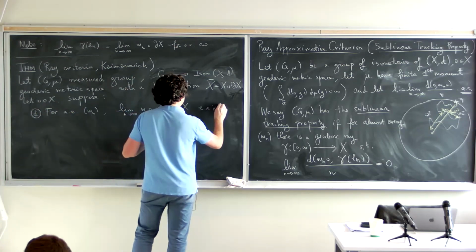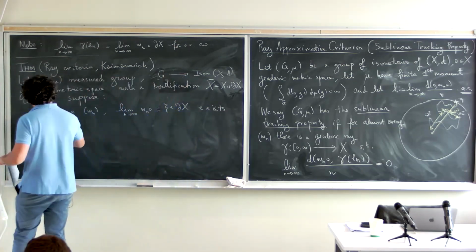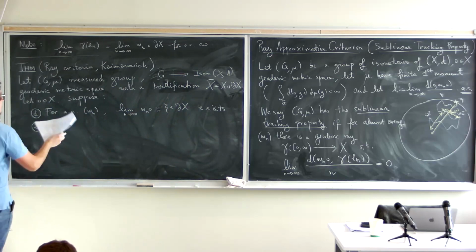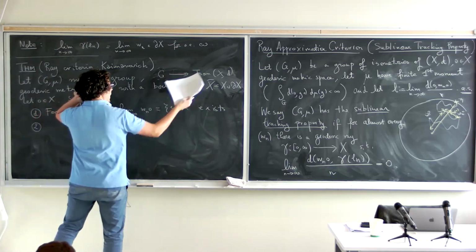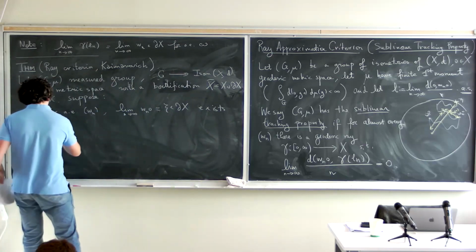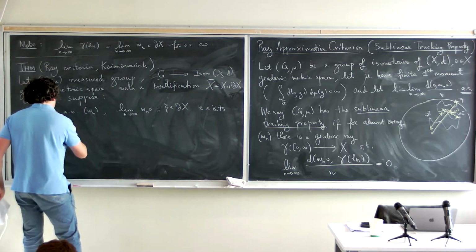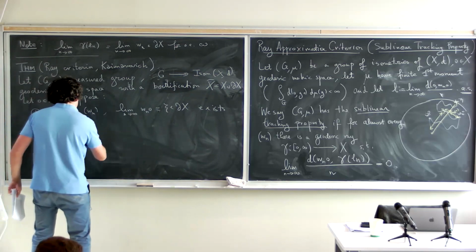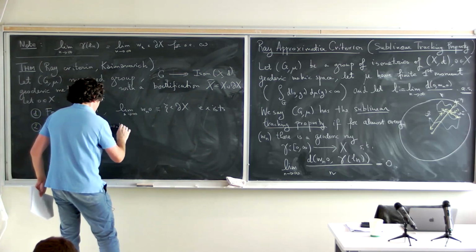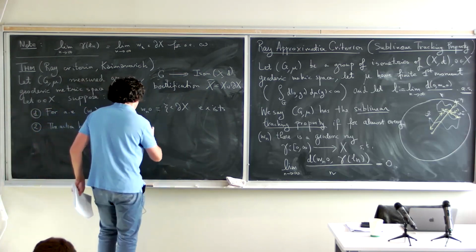The first condition is that the space has a boundary, and the second is that you have this sublinear tracking property. Also, we need an exponential growth condition. If we're looking at any action like this, we need an exponential growth condition. So let's say the following: the action has exponentially bounded growth,